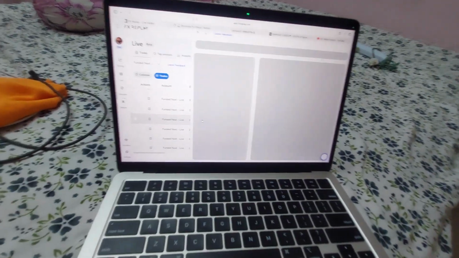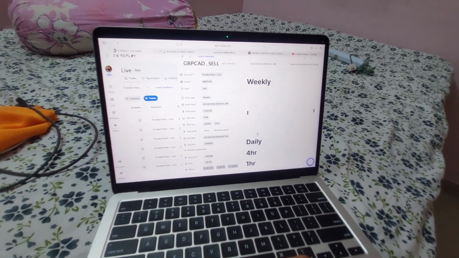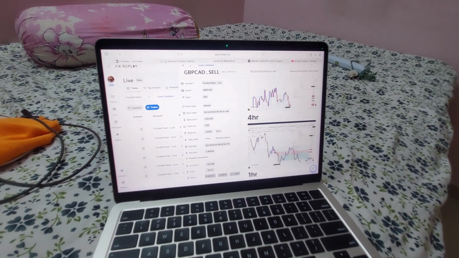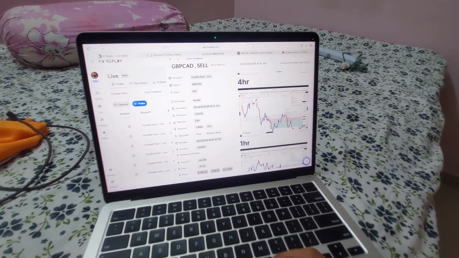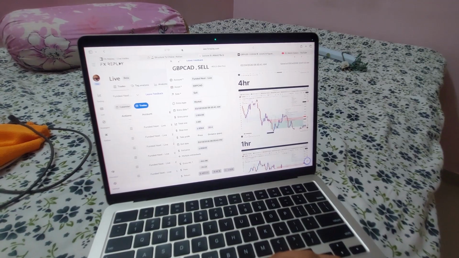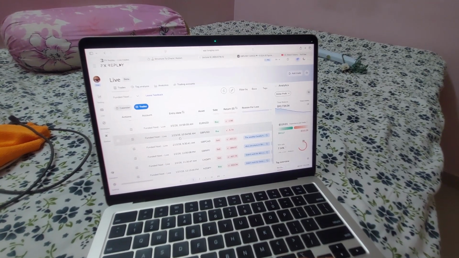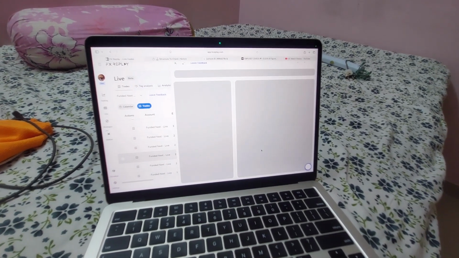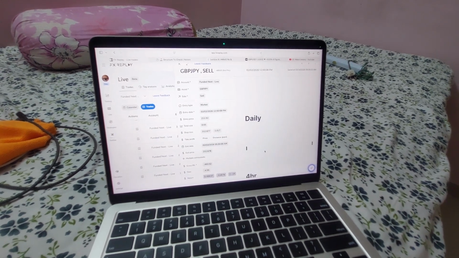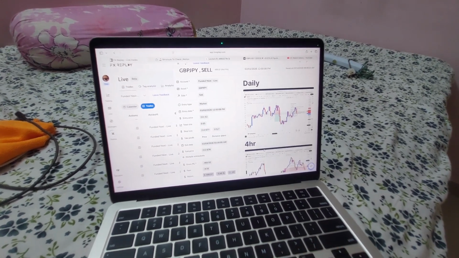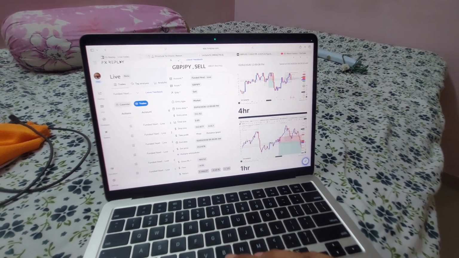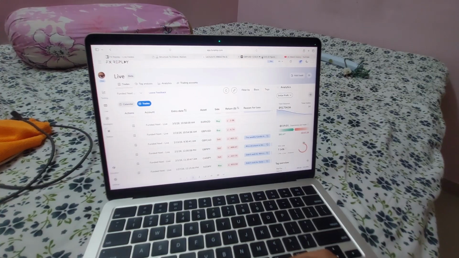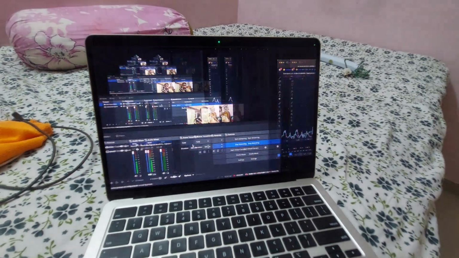Let me check. These were my trades which I have already taken on the funded account. Pretty much it doesn't look good. I'm just finding the trade which I took that can show such a thing. Yeah, should wait for the candlestick close. Okay, so if I show you in backtesting mode,